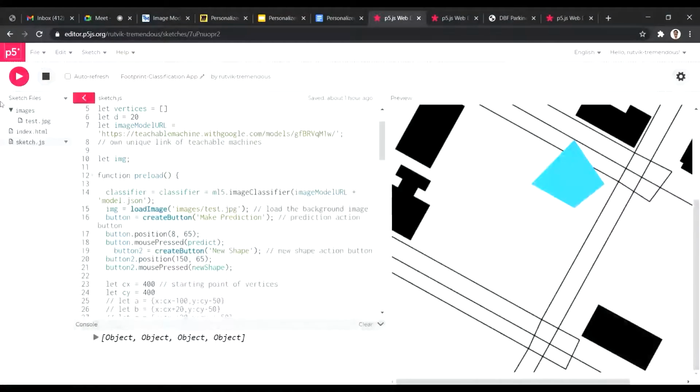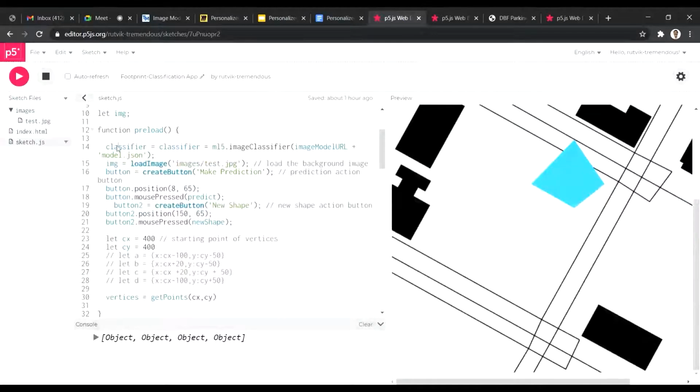And whatever name that image file has, my image file has the name test.jpg, and I want this as my background map. So you can see the name here, images/test.jpg, which is the background image. And the major code chunk which is useful for us is the